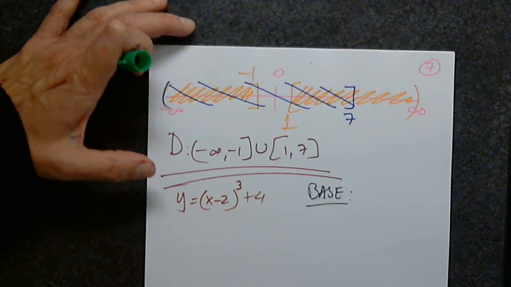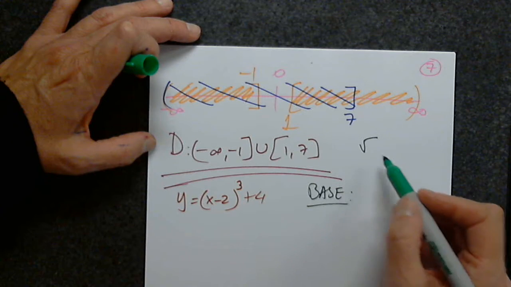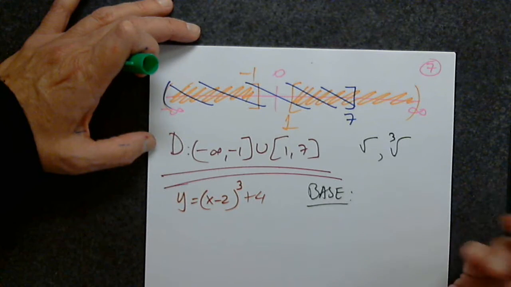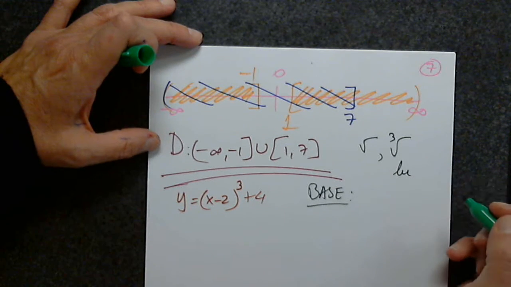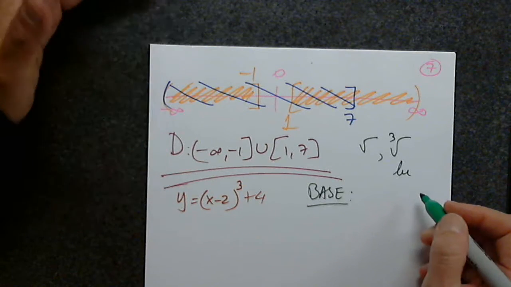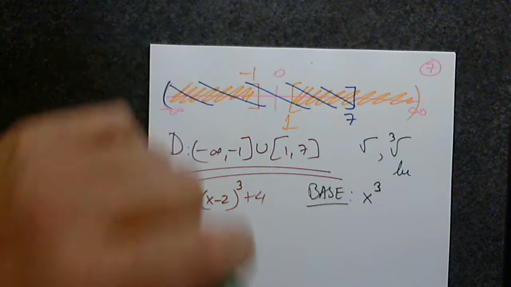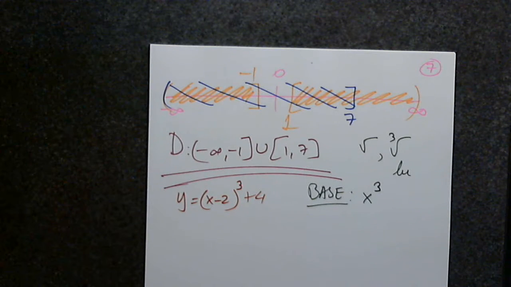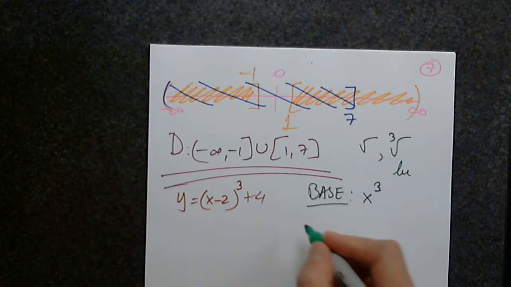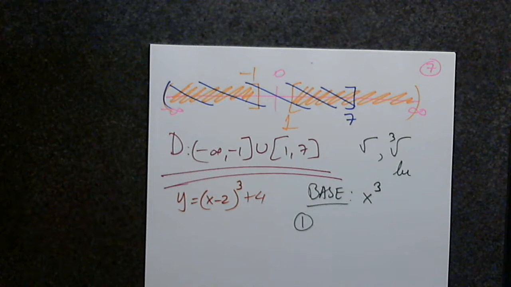Well, let me give you a hint. Is it the square root? Is it the cube root? Is it natural log? Is it x cubed? You couldn't stand it anymore. Thank you, God. It is x cubed. x cubed was used to create this function. Good. Now, the first transformation on x cubed